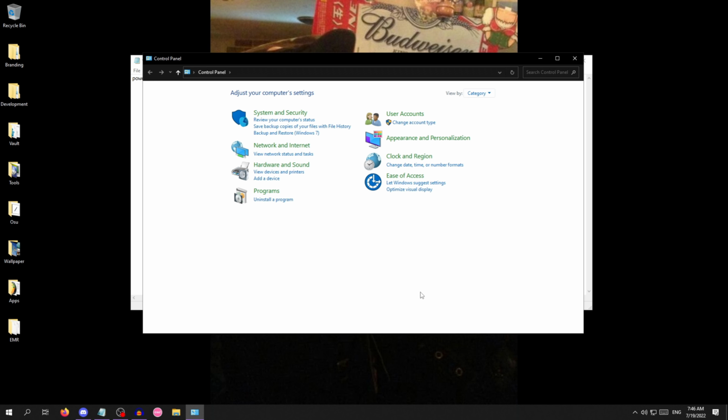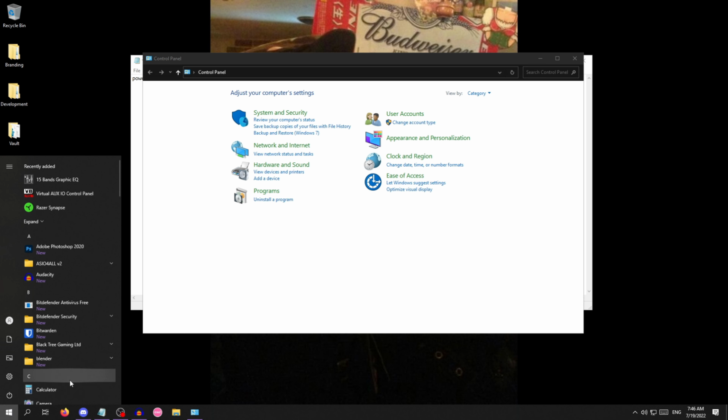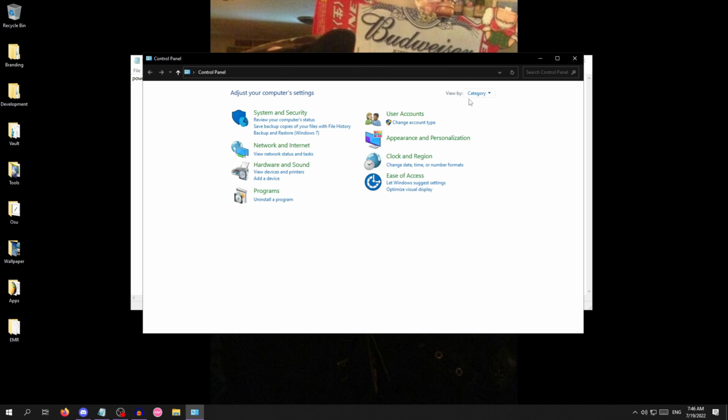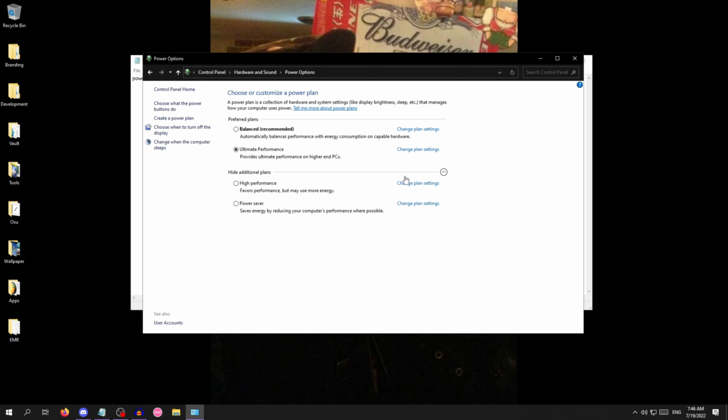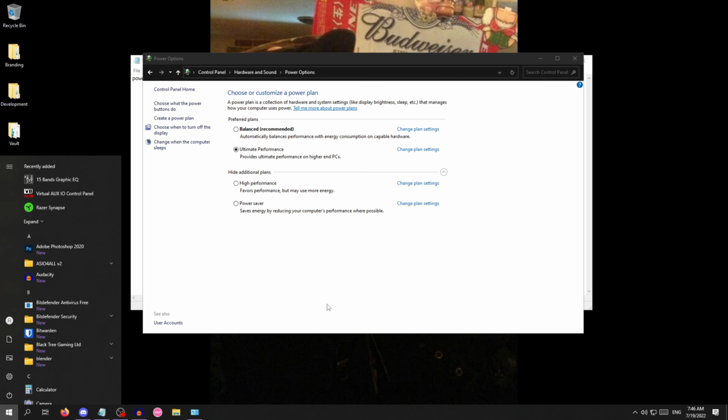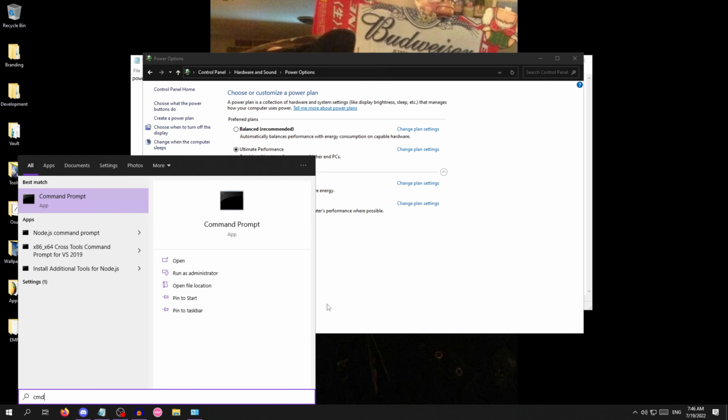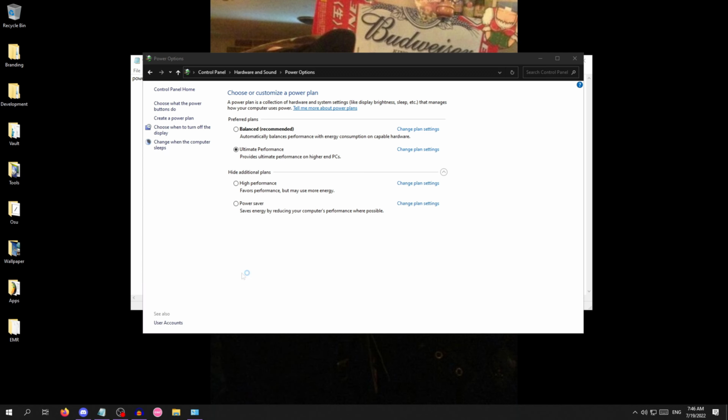Alright, for this next step, we're going to be going into control panel by searching for it in your search bar or whatever. Alright, so once you're in here, what you're going to want to do is you're going to want to go to hardware and sound, power options, and if you don't see ultimate performance, then go into your search, go and search command prompt, run it as administrator,